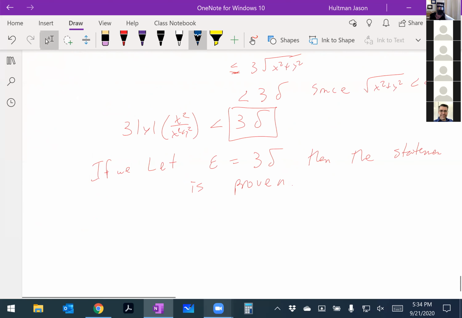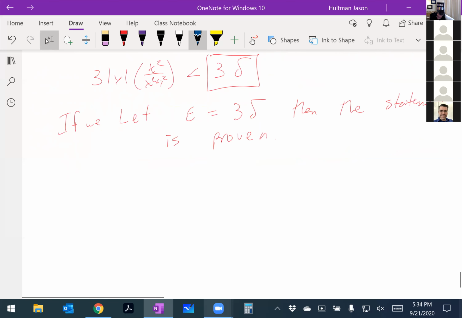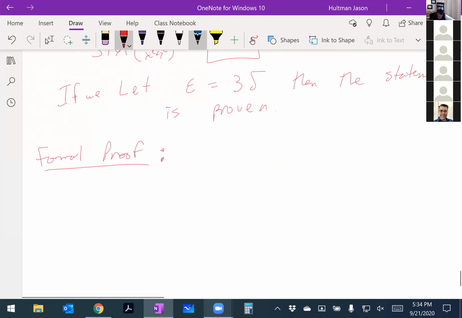Now that we did all that work, we can actually go into the formal proof. You're like, I thought we were already in the proof. Well, we kind of were, but we just had to figure out what epsilon was in terms of delta. Then we could actually write it up as a formal proof. And we say thus, if 0 is less than, a hard less than, x squared plus y squared is less than delta,